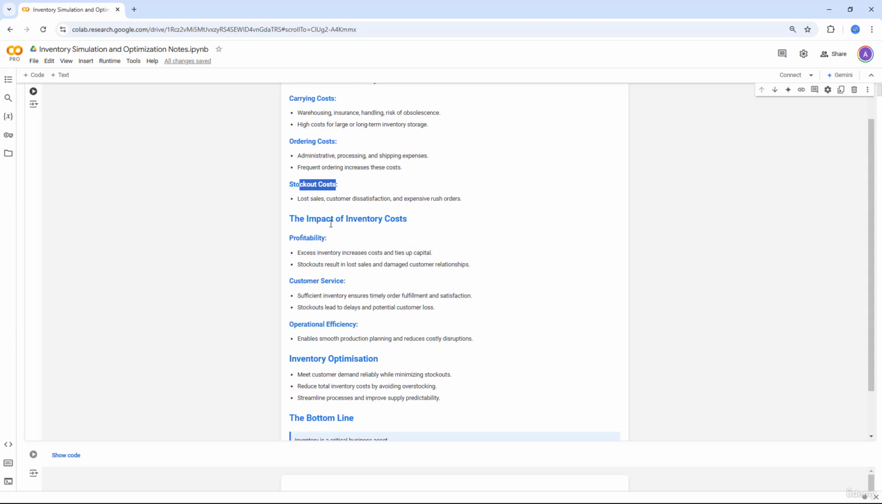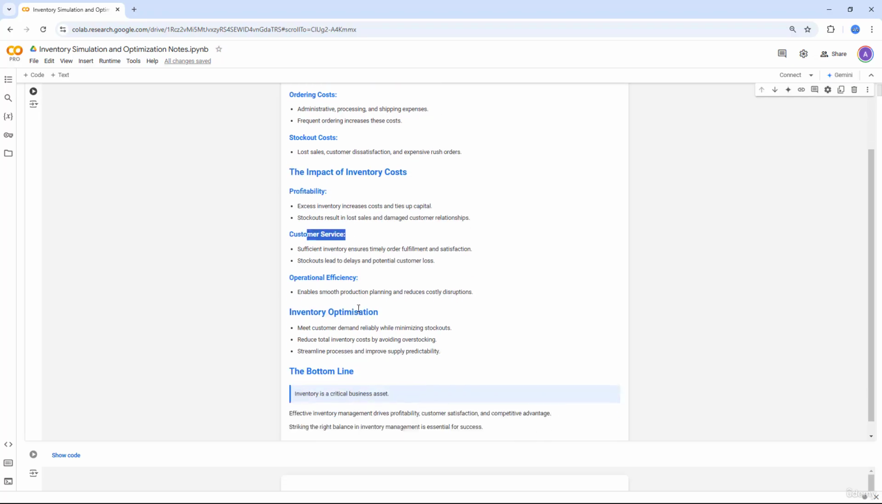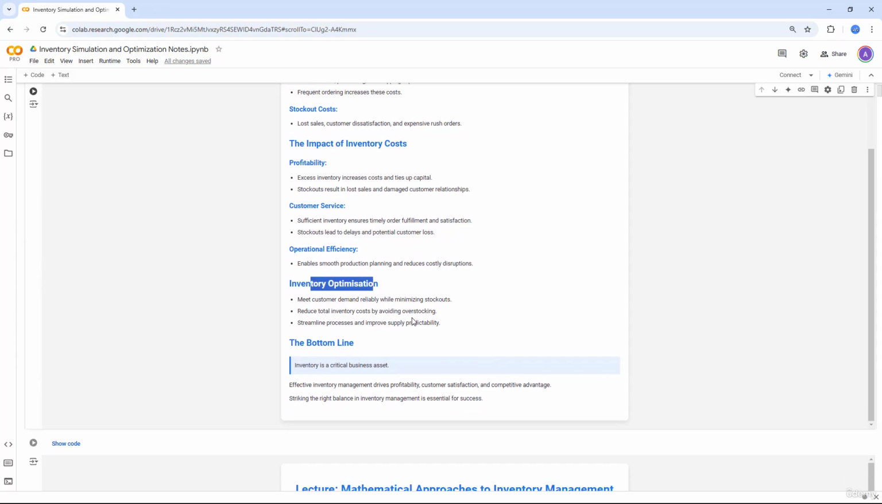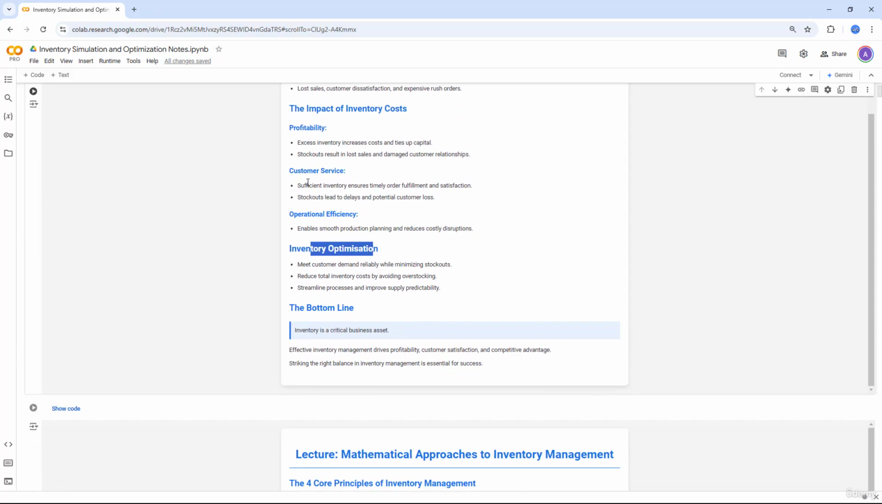So obviously, inventory cost, if not optimized, will impact your profitability, will impact your customer service, and also will impact your operational efficiency. And this is why inventory optimization is so critical, because we want to create an inventory model. You want to balance out all of these costs in such a way that it maximizes the profitability for the business. And in this course, we're looking at different models, different approaches, such as DES, discrete event simulation approach, which